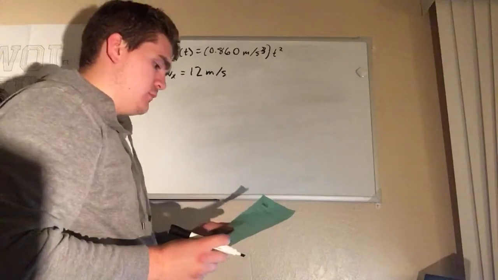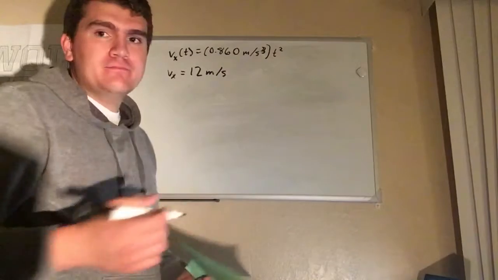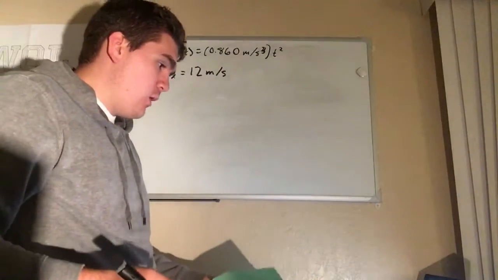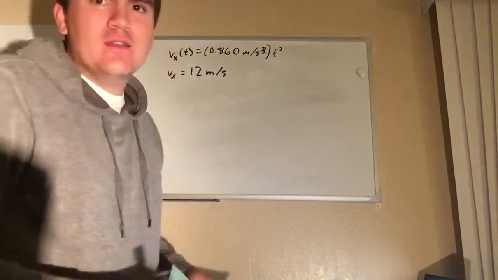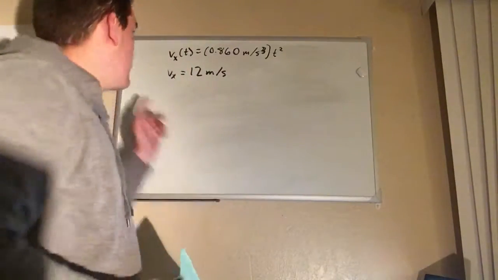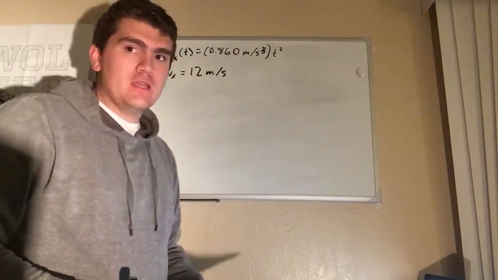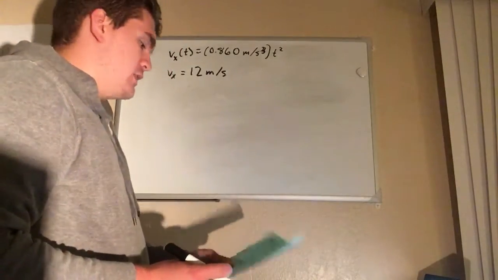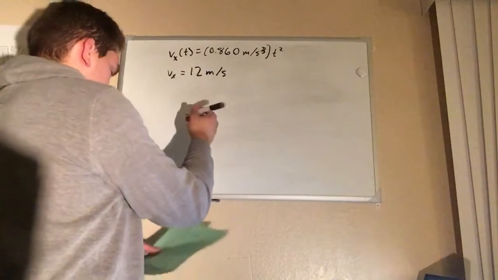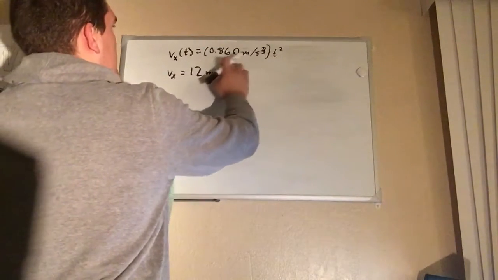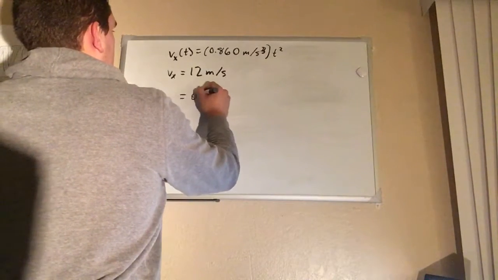So what we're trying to find out is the acceleration of the car. Now, to find acceleration from a velocity function, we're going to need to differentiate. So that can be done pretty easily. So d/dt of this function, you can rewrite this function as 0.86